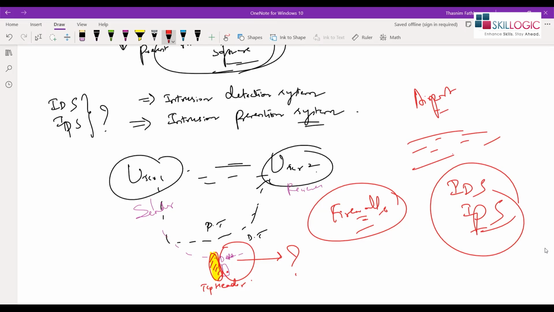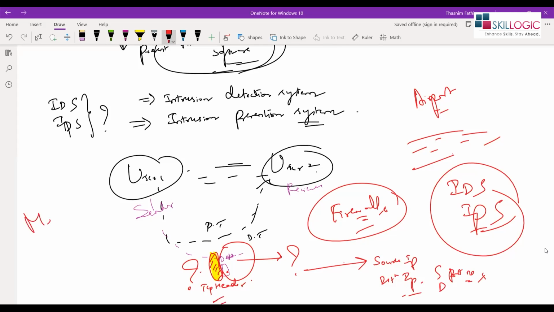The very important point here is firewall, it allows only authorized traffic. All the data packets which are entering and leaving the network process should go through the firewall. After examining, it decides whether to allow or not, based on the predefined rules. But the disadvantage here is it just checks your source IP, your destination IP, your source port number, and your destination port numbers. Just the TCP header part.